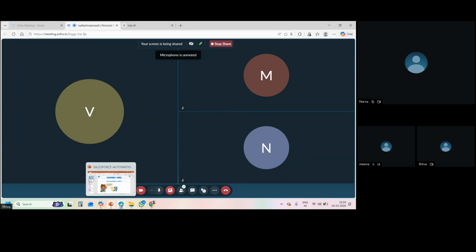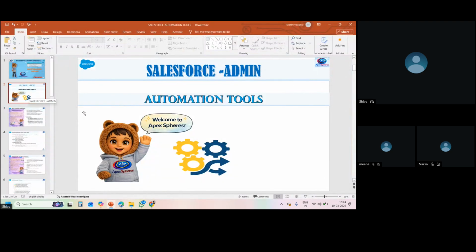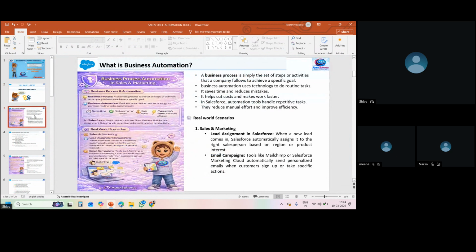Okay. So today we are going to discuss automation tools in Salesforce. Okay. So what is meant by automation? So automation is simply a business process. Okay. Series of activities to achieve a goal. Okay. For example,